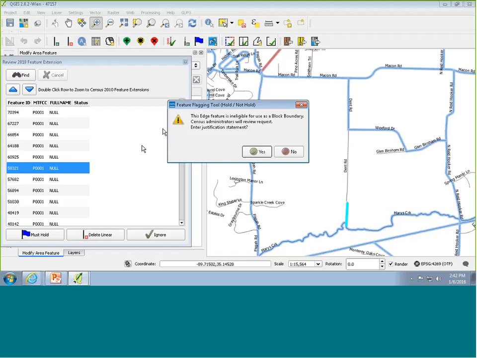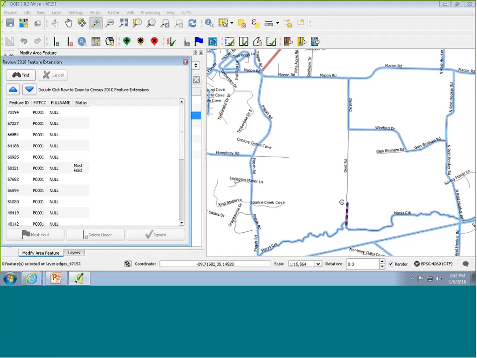Now, for most of the 2010 feature extensions, they are marked as ineligible by the Census software. So you're going to receive a message that says this edge feature is ineligible for use as a block boundary. Census administrators will review the request, enter justification statement. This is not required, but if you would like to provide some justification to help with the review, you can do that here. I'm going to go ahead and say no,